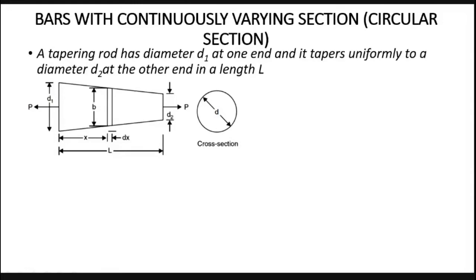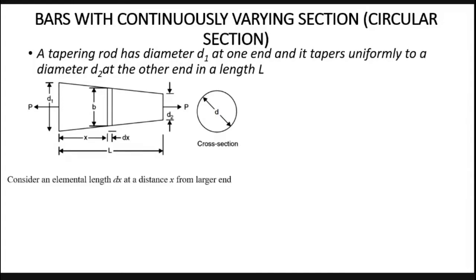Till now, whatever we discussed was a flat bar. Here, one side we get d1 and the other side we get d2. As in our mathematical procedure, to identify this, we will consider a small strip at a distance of x, and the small strip is dx. The diameter of the small strip, let me consider b. You will identify the change in length for this dx. Then we will integrate it so that you get it for the entire tapered bar. That is the usual procedure in maths: you always consider a strip and integrate accordingly.